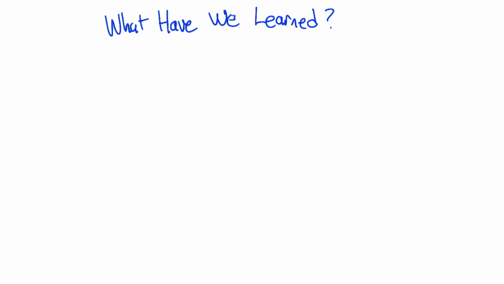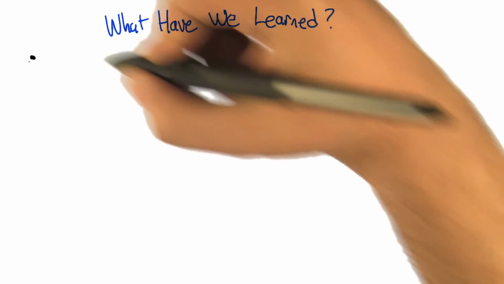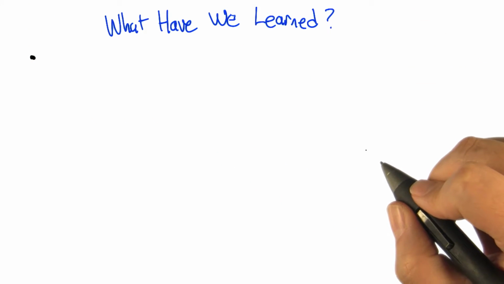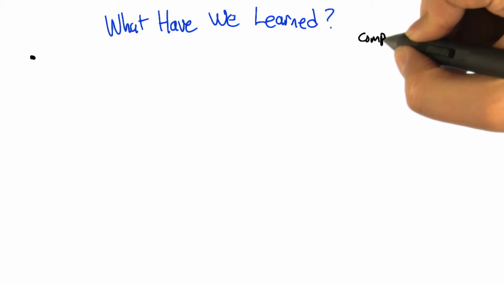So in this section on advanced algorithmic analysis, what have we learned? Well, we learned a bunch of stuff. It's kind of, I'm going to say, a compact and dense lesson. I think that's pretty good. Oh, that was a math joke, wasn't it? Yes, it was. It was a math joke.